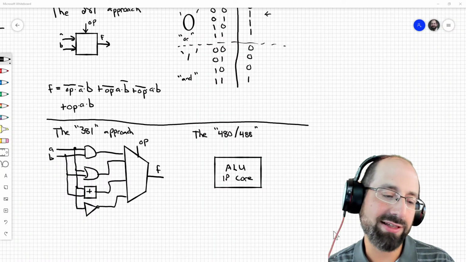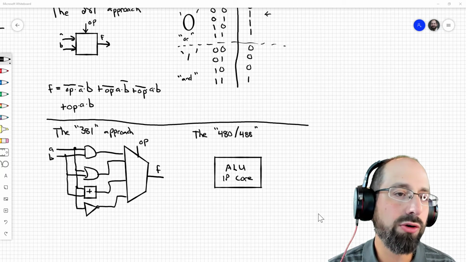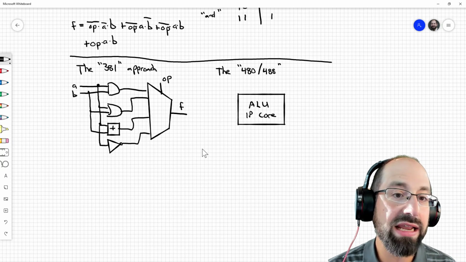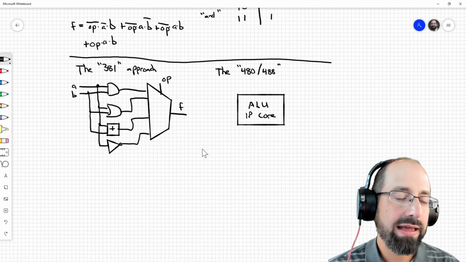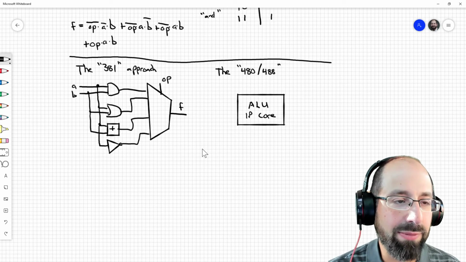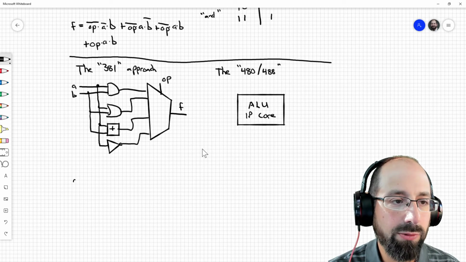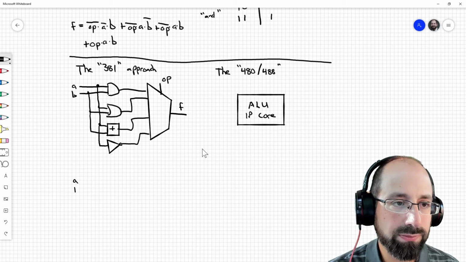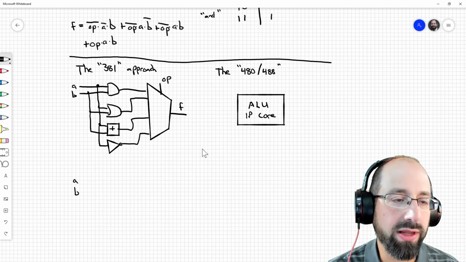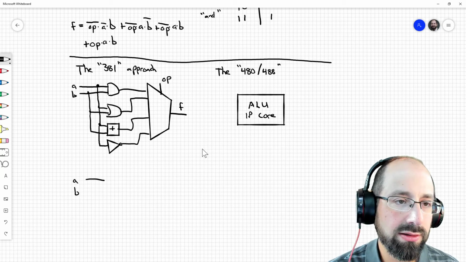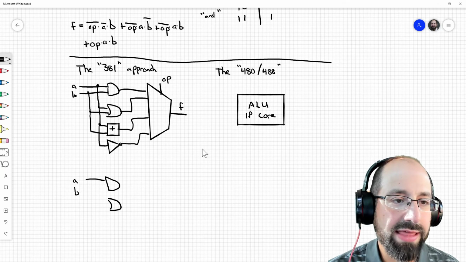because that's how the textbook does it. Because the other corollary of the 381 approach, I'll have something to say about this in a minute, is why even do a 1-bit ALU at all? And I think that's a valid question. I'm going to try to come up with an answer to that as I draw this. That instead of